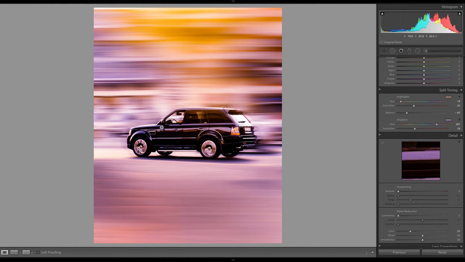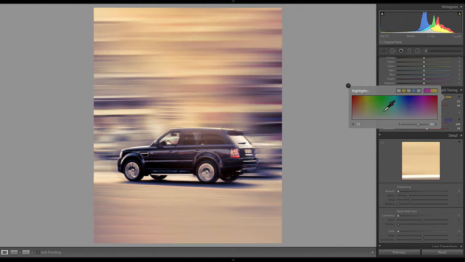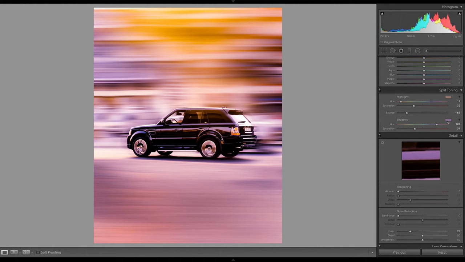I believe in this original one, I was going for some sort of like Miami style coloring with some purples and yellows. And so for the shadows, I'm going to leave the shadows right there. And then for the highlights, I'm going to start with the yellow that they have right there, but then drag it up just a little bit up there. Now notice though, I have my yellow up here, I have my purple down here, but it doesn't look like this shot.